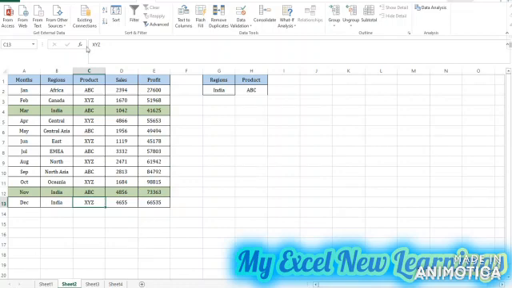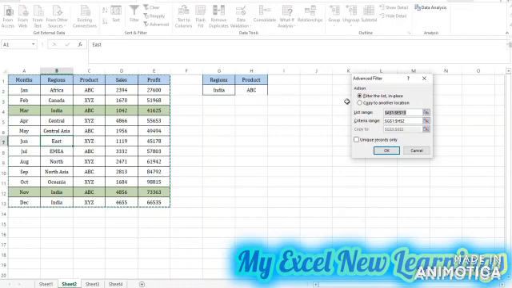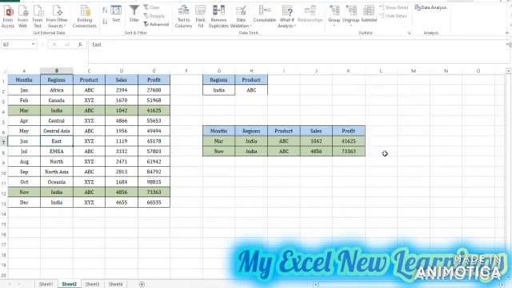So we will use the same steps. Go to the data tab. So first you click in the data, then go to the data tab, then click on the advanced filter. Again the advanced filter box will open, then click copy to another location. So my range is already selected. Here you can see, then we have to select our criteria range, that is region and the product. So now I want to pull the data, so I want the data should be pasted here. So then I will click OK.